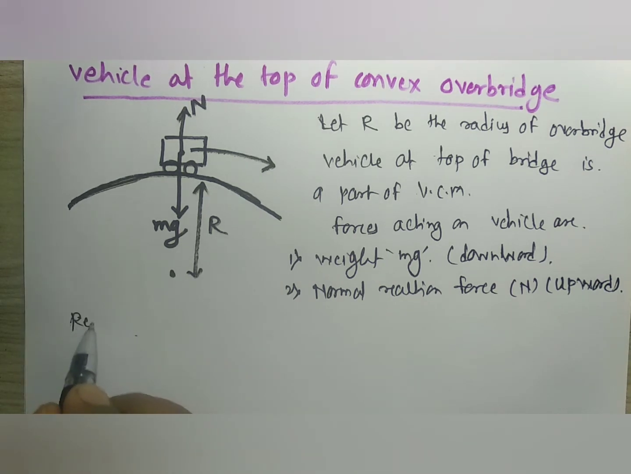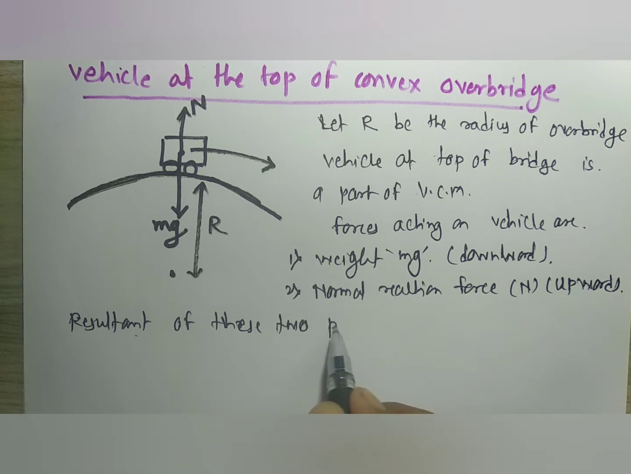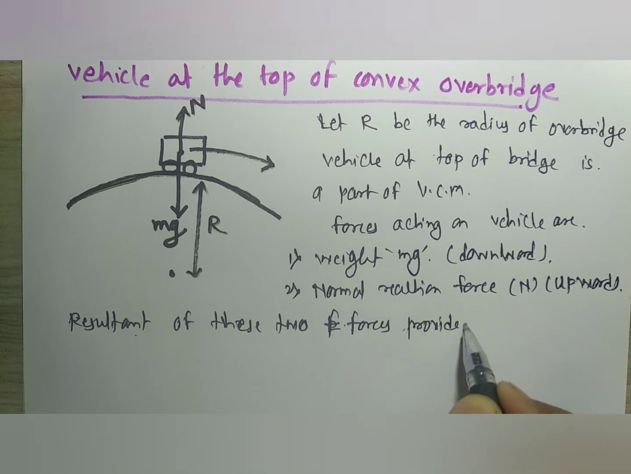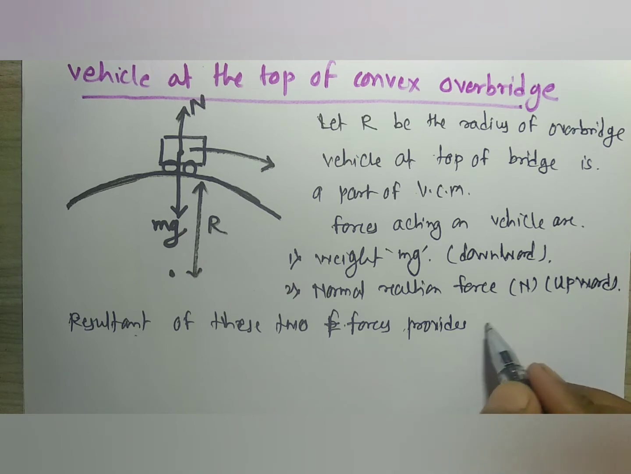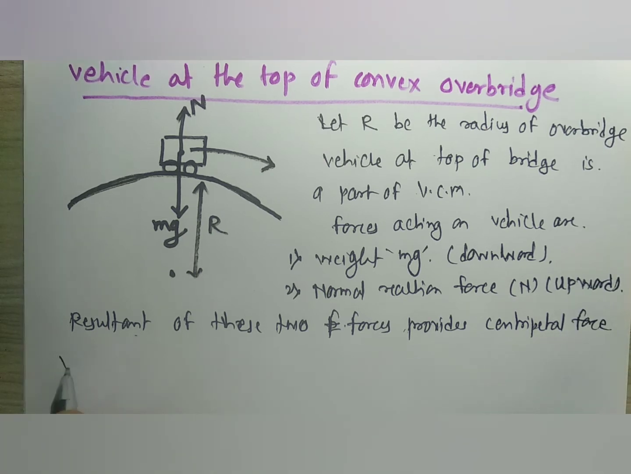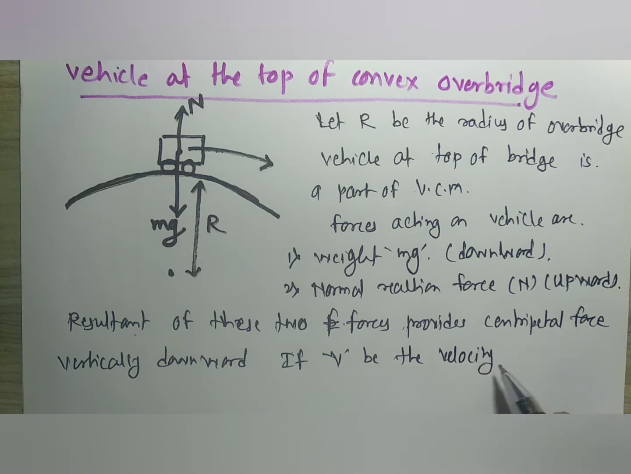Resultant of these two forces provides centripetal force, vertically downward. If v be the velocity at that point,